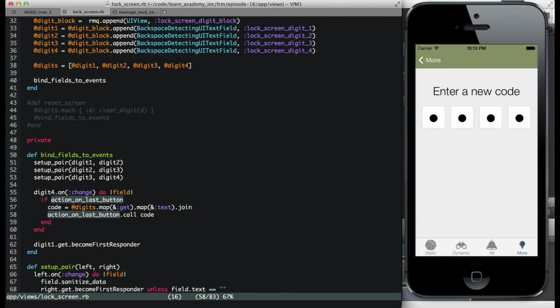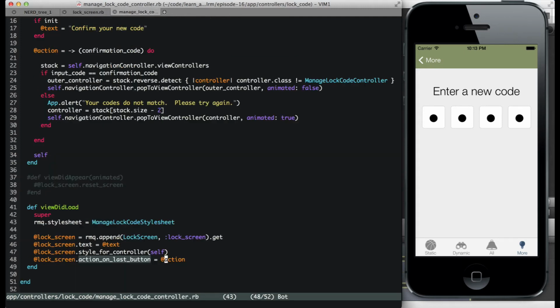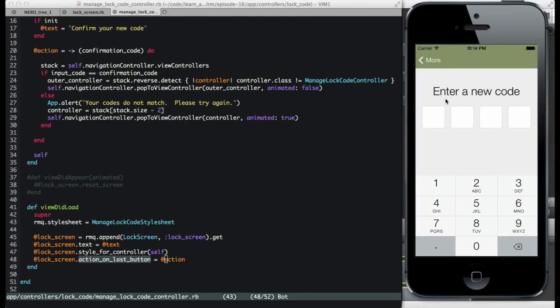So that's our code. So far the code that we have seen will take care of this part here. If I enter 5, 6, 7, and the moment I enter 8, I'm taken to